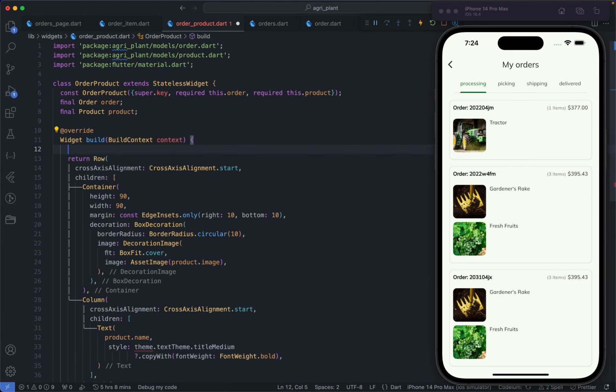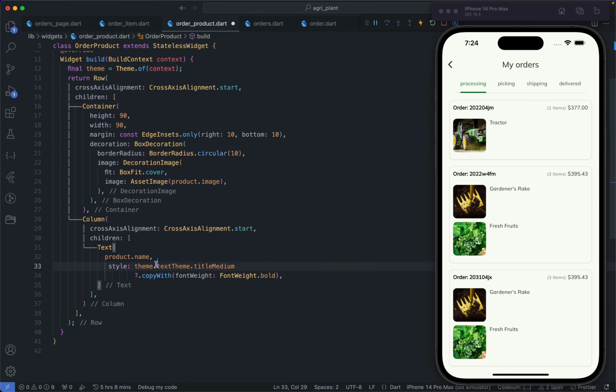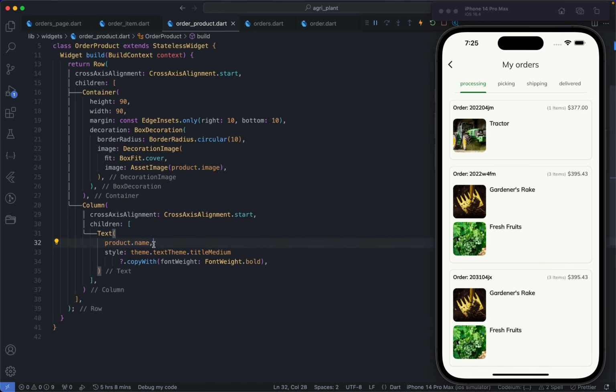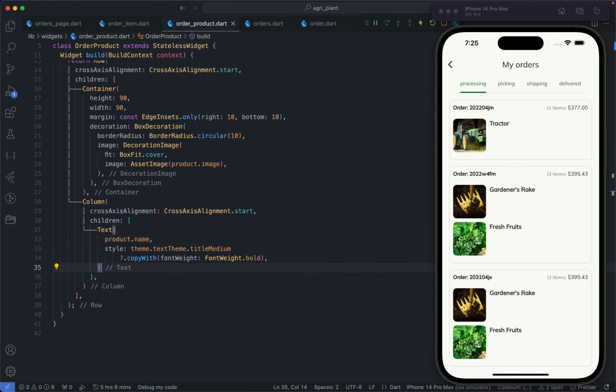And we don't have our theme here, so I'm going to create a new variable called theme. That's going to be theme.ofContext, right? So this will give us a style like this, with a product name, and then we need a product description as well. So the product description is just going to be a text,